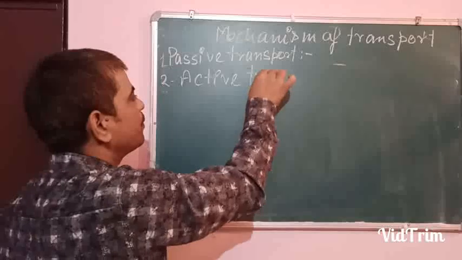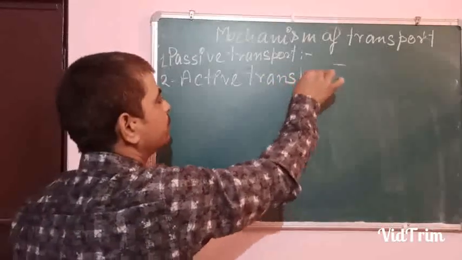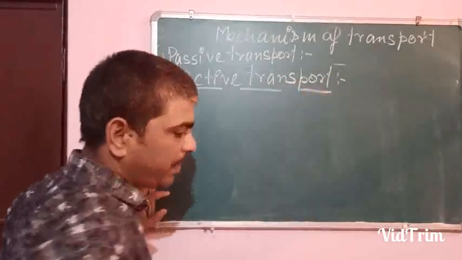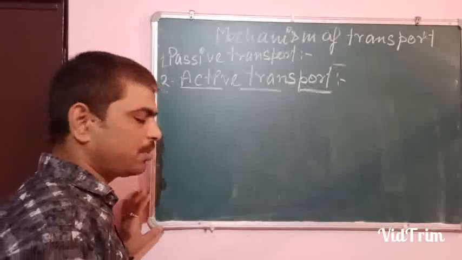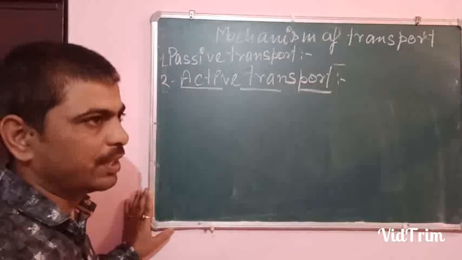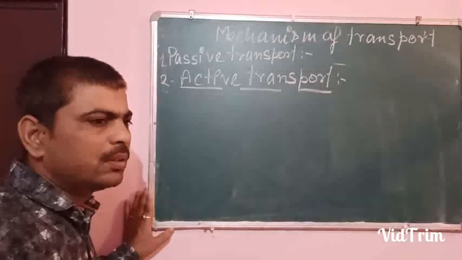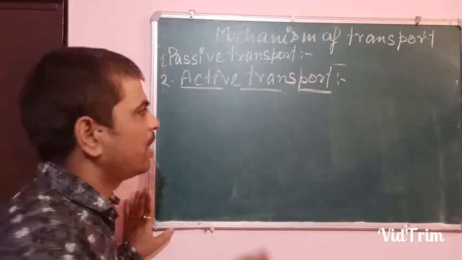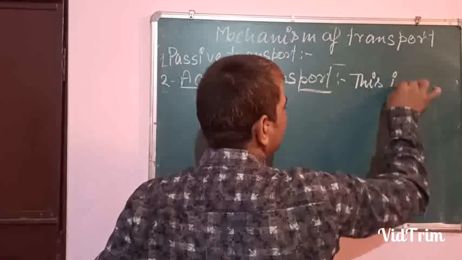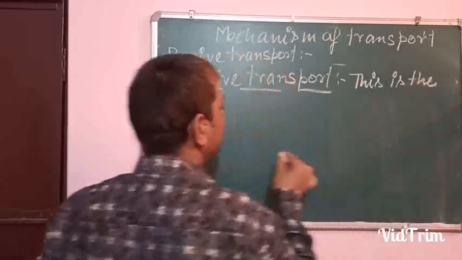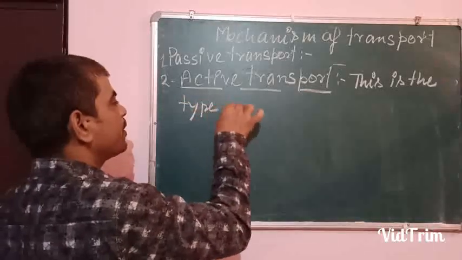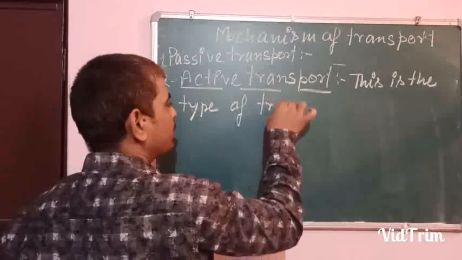Active transport. Students, as you know that passive transport does not require energy to transport the materials across the plasma membrane, and it is based on the concentration gradient. This active transport is just opposite like that. How? See, this is the type of transport